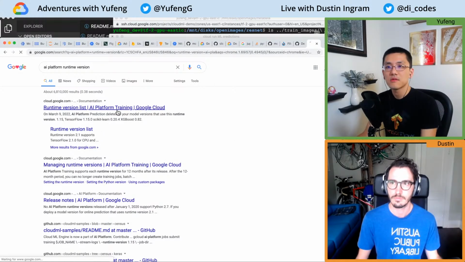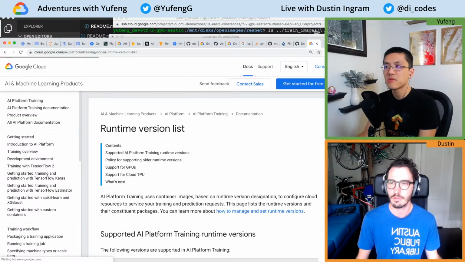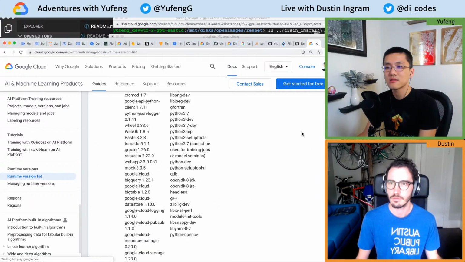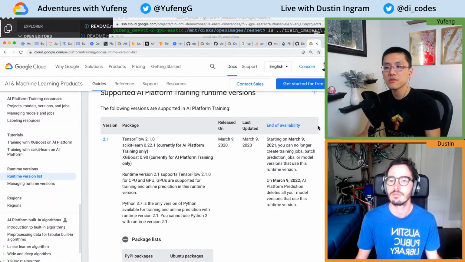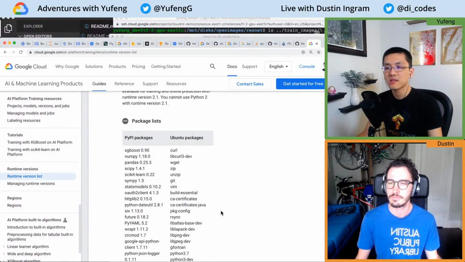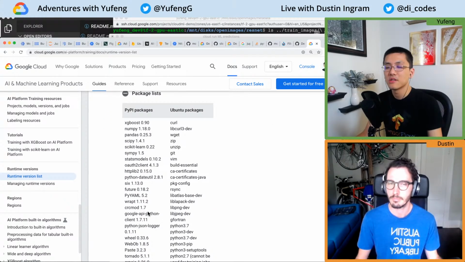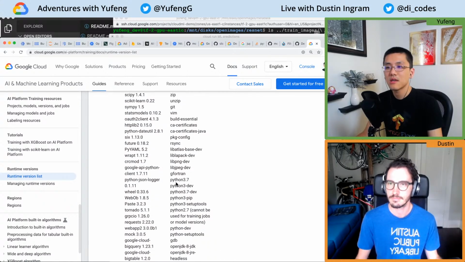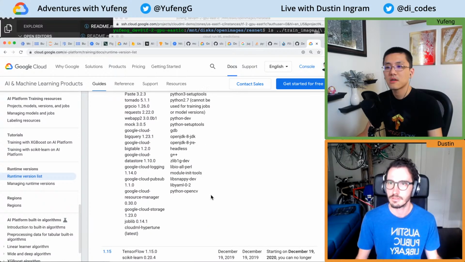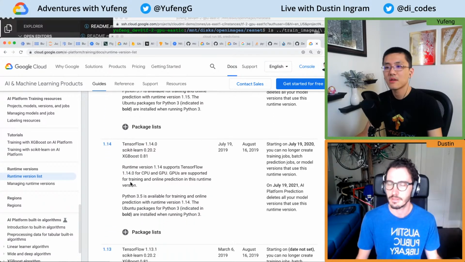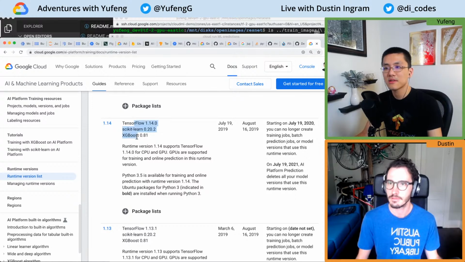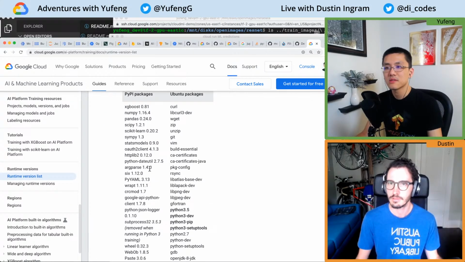Compatibility, right? So the runtime version list shows, for each runtime release, like this is 2.1, which maps to TensorFlow 2.1, but also a bunch of other PyPI packages at various specific version numbers, as well as Python versions, and distro packages too. Here's 1.5. Here's the 1.4 I was using. So it specifies these three, and then there's more here. You can expand this list, and we can see all the specific versions that it is tied to,